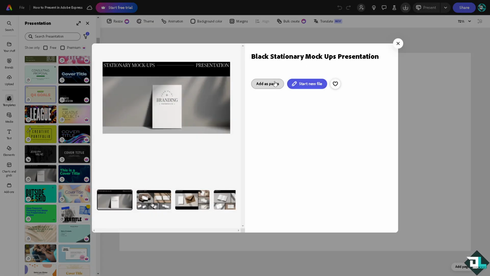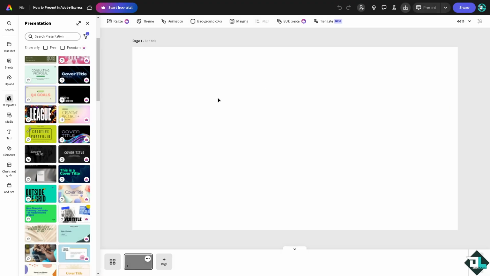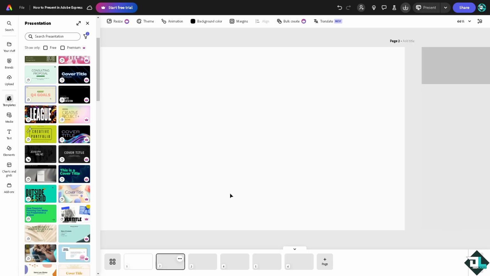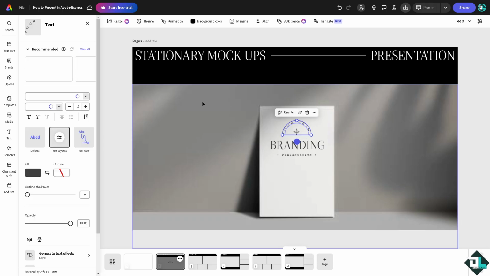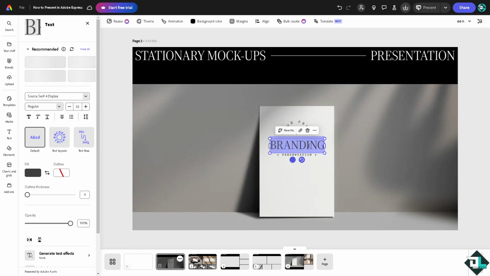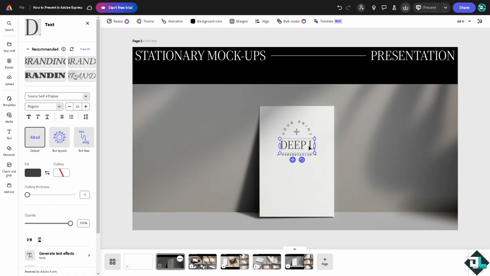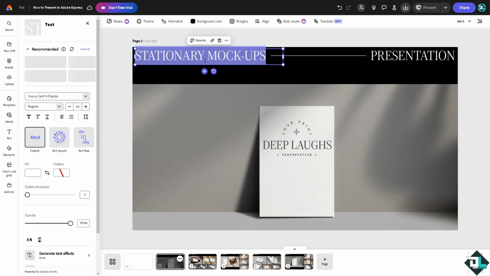All I'm going to do, if you want this, you can add it as pages or start new file. We're going to add as pages. All right. And as we go along, we can basically choose all the information here, and these are highly customizable. All right, you can rewrite all of these. For example, this is going to be G-Claps, our YouTube channel, and then put all the information here. For example, this is going to be